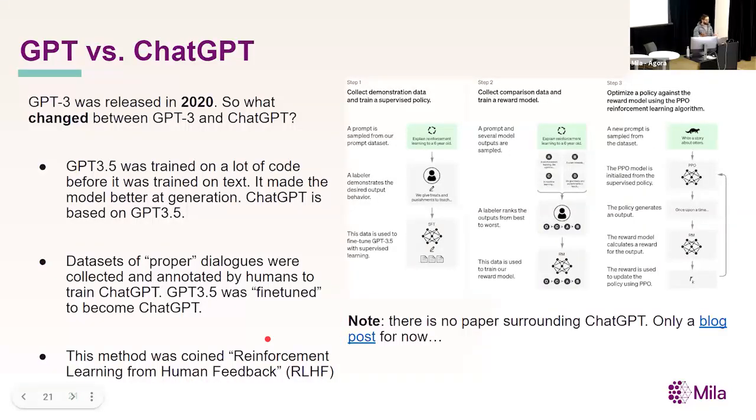And we're lucky enough to get this one specific image. We didn't get much else. This was all published in one single blog post. There's no research paper associated. They highlight the methods. They collect lots of data through human annotation. They rank the different responses that they get from ChatGPT, and essentially use this in some kind of feedback loop to fine-tune these models to be more human-friendly.